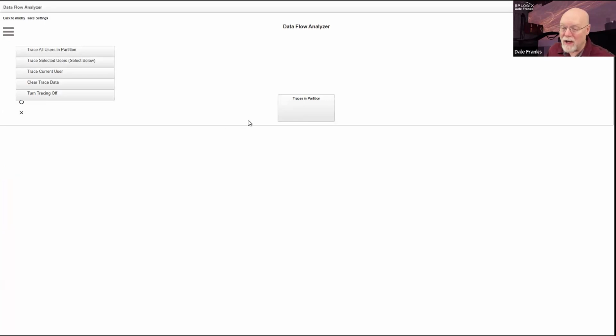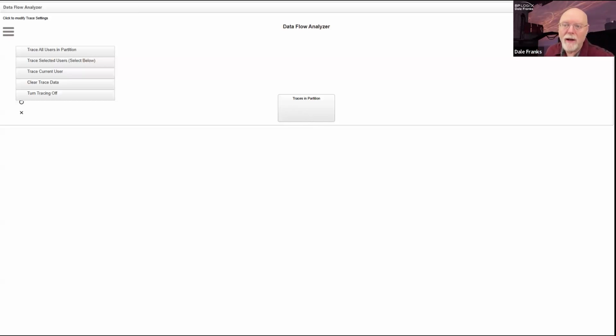Now, I haven't done anything and I haven't searched for any data, so it's not actually tracing what I'm doing, but it builds this tree from right here at the top, traces and partition, and it allows you to go down the tree and see all of the data calls that you've made, pull them up, and look at a sample of the data. I think it's the first 10 rows of the data that got pulled back by your custom task or, excuse me, or whatever it is that's making any sort of data call. And so it traces you through this partition.